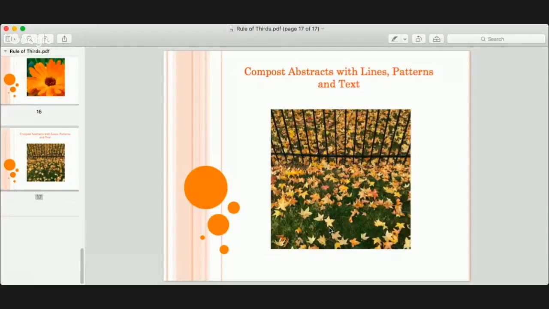I can see the fence, and my mind wants to see what's beyond the fence on the other side. So my mind naturally goes there because of the lines and the pattern. And I think they need to rake, but other than that, I think it's absolutely a gorgeous photo. I love all the colors. It totally draws me in. I love the abstract of the lines of the fence.